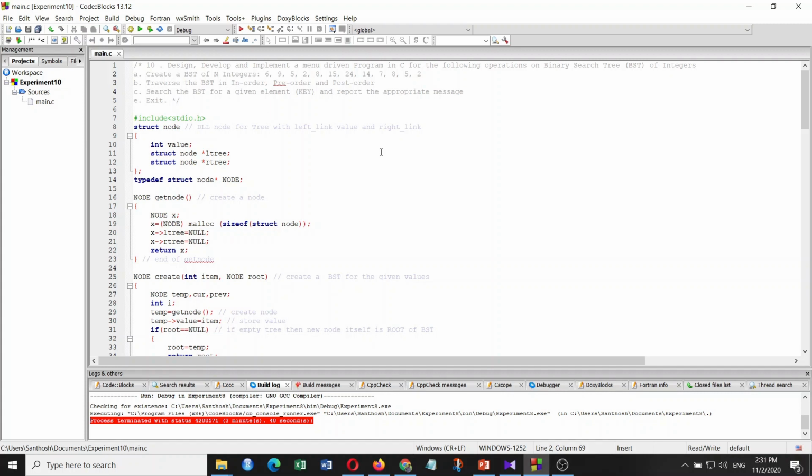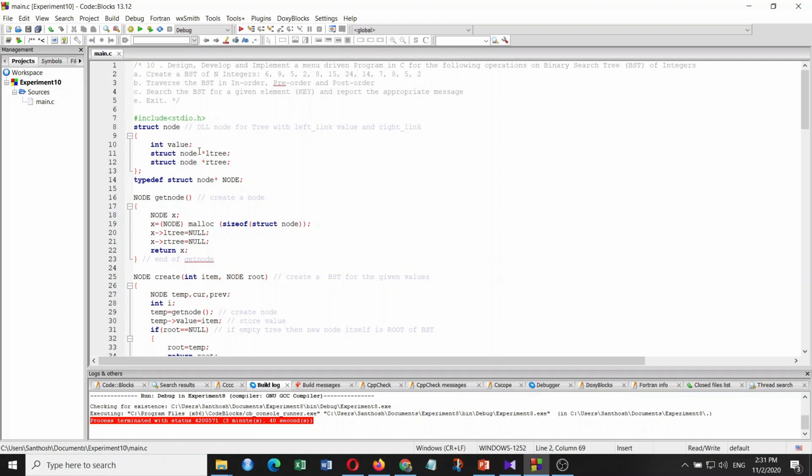Let's see the demonstration of the binary search tree program. Here I am taking all the values specified in the question. You can try out other values, it's going to work. Here we have seen that we have to count how many numbers there are before we give them. Here we have 12 values. We are going to give it as an input to the program.